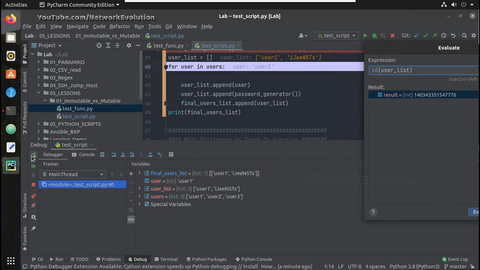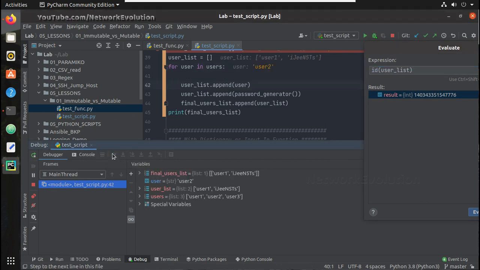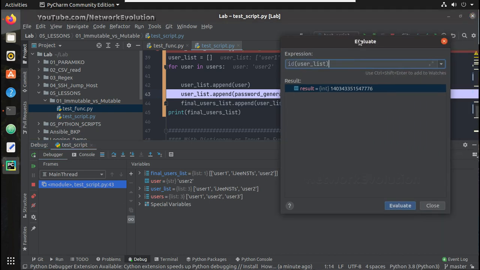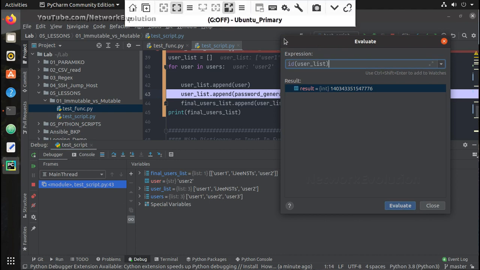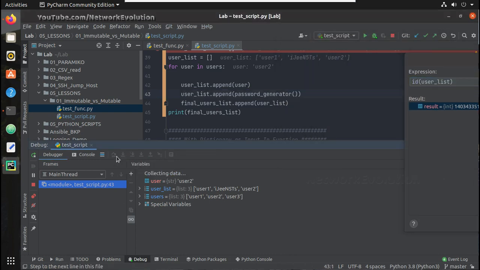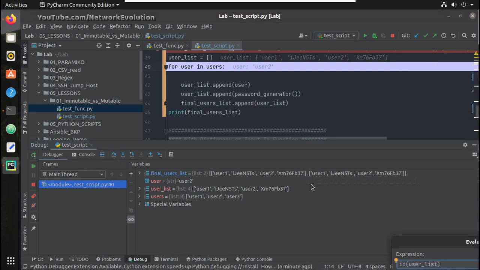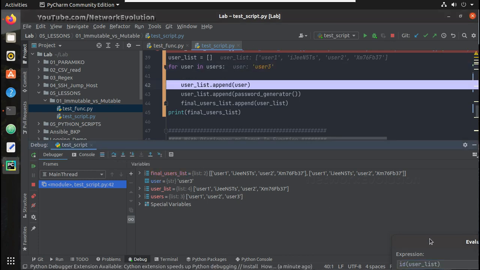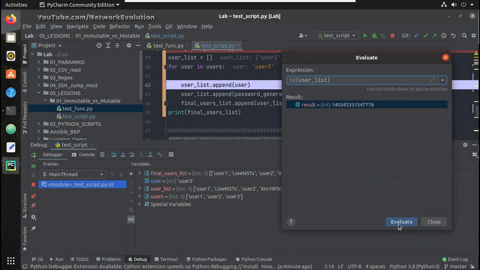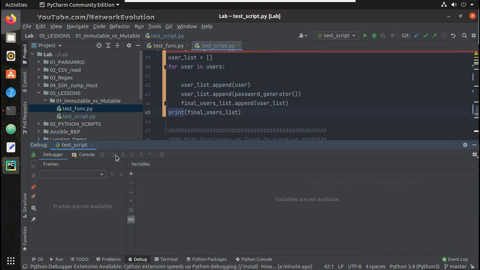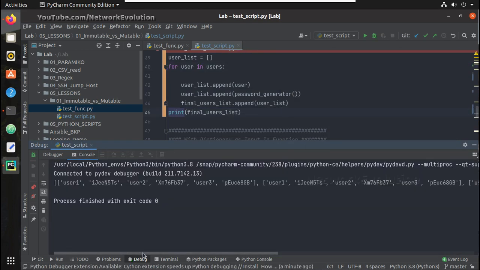It is user1, then user2 got appended to the same list because still the ID is same, and user2 password, and it is appended 2 times now. In the next execution again it will add user3 and create 3 times. ID is still same. So we're getting it this way.